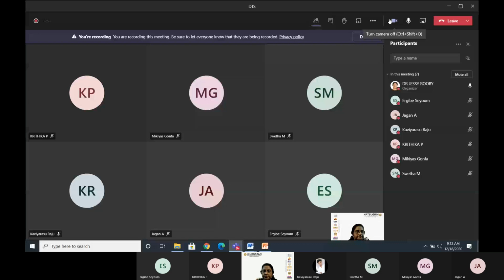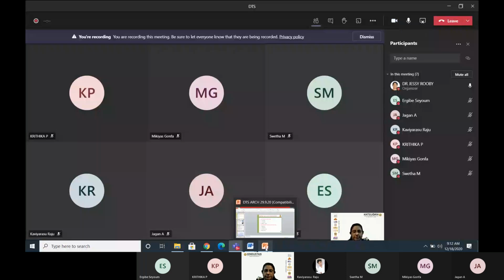These are the 2 code books you have to download and keep with you for your reference, because we will be doing problems from them. We will be studying some earthquake load and wind load calculations from the codal provisions. So next class when you come, your code book should be with you.